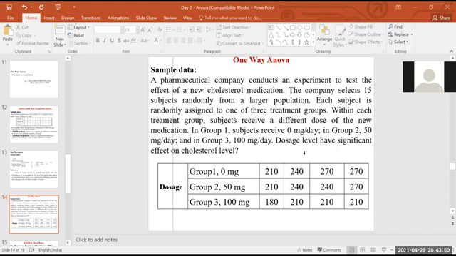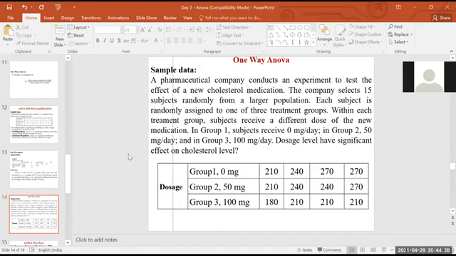The cholesterol level is the dependent variable, because the effect on cholesterol will depend upon the dosage of the vaccination that you have taken. The dosage is the independent variable, which has 3 categories. In the variable view, make cholesterol level a variable with the scale measure, and enter the data. You cannot assume 1 equal to 210. The second variable should be the dosage, where you can assume 1 equal to 0 mg, 2 equal to 50 mg, 3 equal to 100 mg. Then you can go ahead with the analysis.